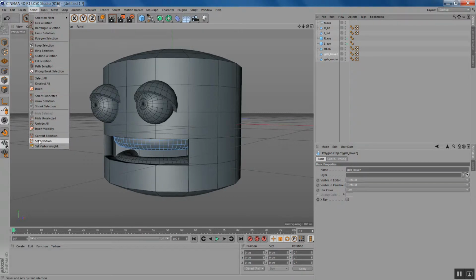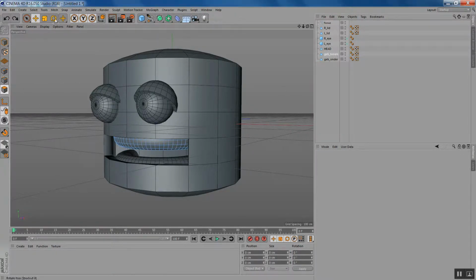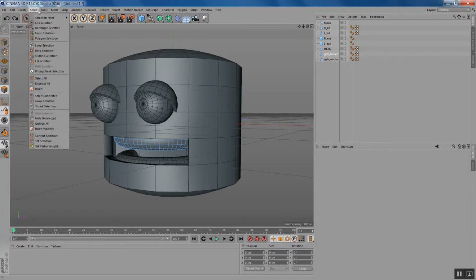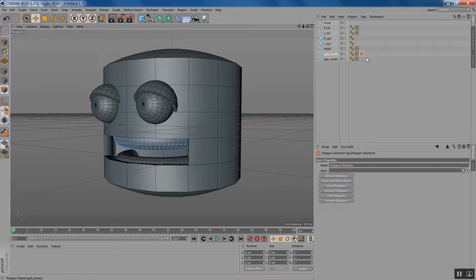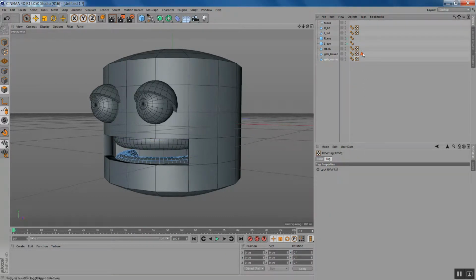So I'm just going to go to set selection. That makes an edge selection, which is not handy. We'll just go to selection again, set selection. Now I got a polygon selection, and I'll do the same thing. Mind you, deactivate the tag. I'll do the same thing